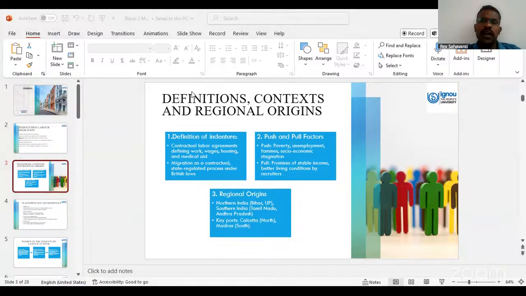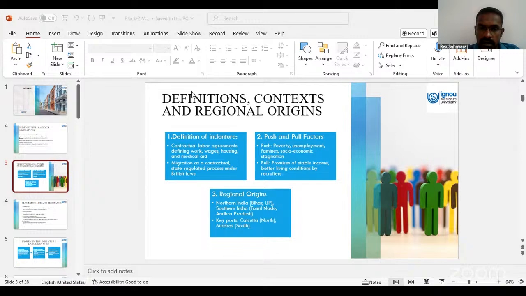So these are the push factors for the people to go as individual laborers on a contract to a state. And what is a pull factor? The promise of stable income. So come here, work in our tea estate as a laborer, you get a stable income and better living conditions, by recruiters. But what happened is another scenario. The pull factor is that if you come, you get a stable income, you can support the family, and you can join that. So the regional origins were northern India like Bihar, Uttar Pradesh, and southern India like Tamil Nadu, Andhra Pradesh,